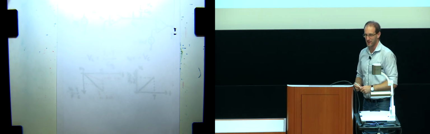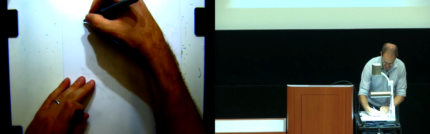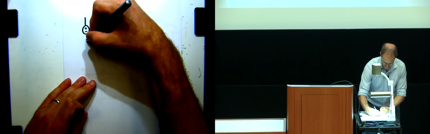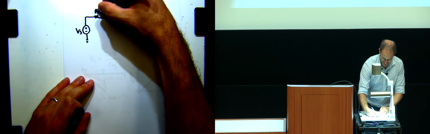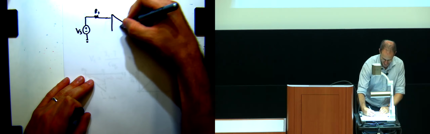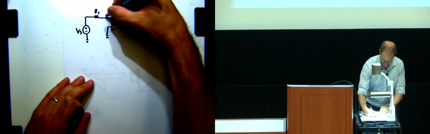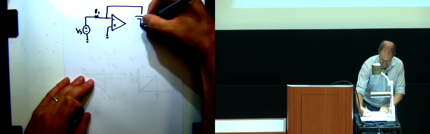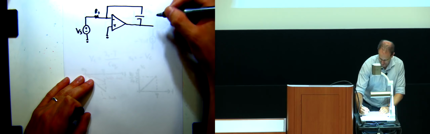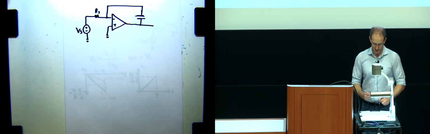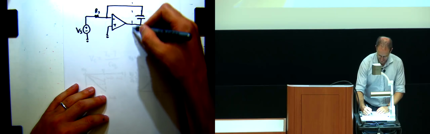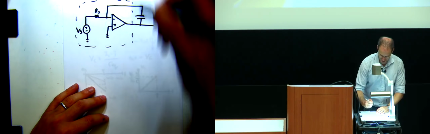Okay. So the version of things that you've talked about so far and that you will actually make use of in the lab, what you actually did was the following. You have some VS. You're still going to have some RS, which is just going to end up being our current source. We're going to have this capacitor over here, and let's not worry about the comparator for now because it's not really relevant for this piece of things. So in class so far, if I treat this whole thing as being a black box,